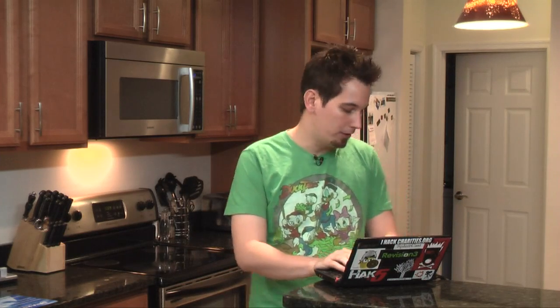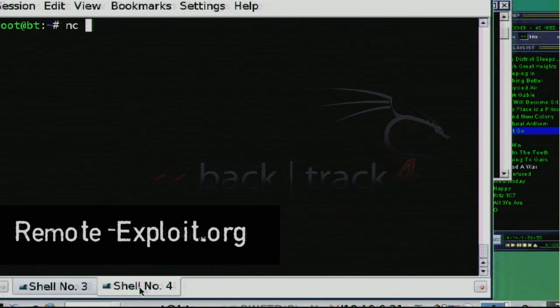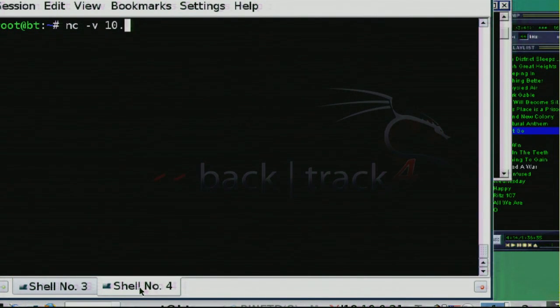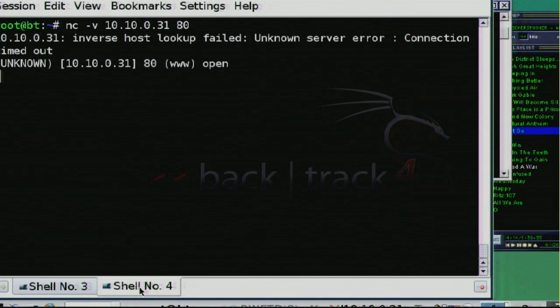connect to an HTTP server, just like we would with Telnet or a web browser, something like that. I'm going to fire up Netcat here. I'm in BackTrack 4. Grab that at Remote Exploit, awesome stuff. And it's just nc is the command, v for verbose, and I'm going to go to 10.10.0.31, which is my web server up there on port 80. And you'll see that I have indeed connected, and it knows it's a web server, www. And I'm going to write in here